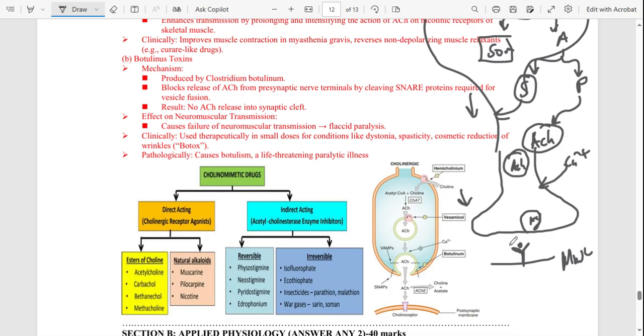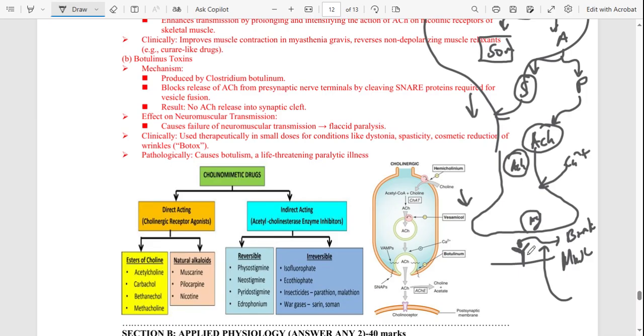Now you have got two types because after acetylcholine has bound on the receptor, what happens is that the acetylcholine is supposed to break down. It breaks down and that's how it stops working. So in other words, there is an enzyme here that causes the breakdown, and we call it acetylcholinesterase. If you can just inhibit that enzyme that breaks down acetylcholine, it means that it will still have more